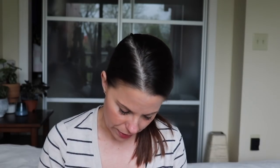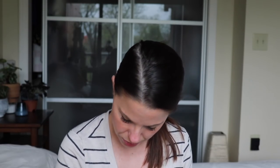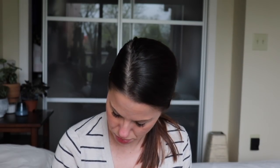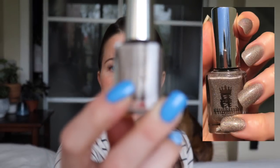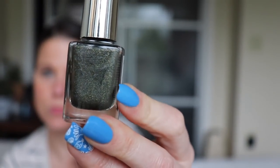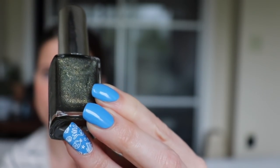Actually, I got a couple more from the Tudoresque collection. I think it's just these. Is there one more? I don't remember. I definitely know these are from the Tudoresque collection. So I picked up Catherine of Aragon, which is this pale gold, again with their scattered holo. I also picked up Jane Seymour, which is kind of this...